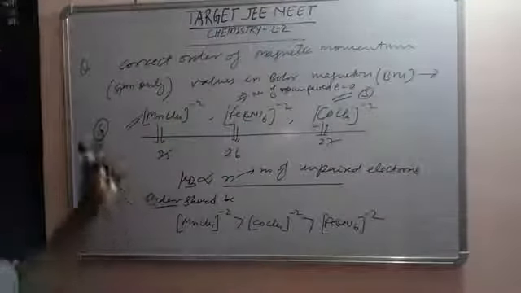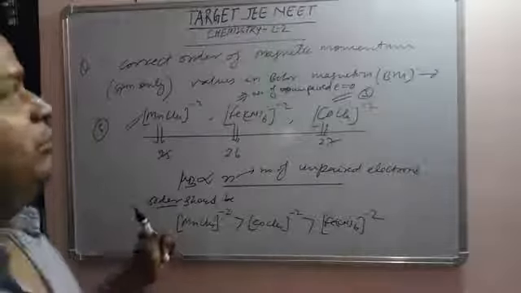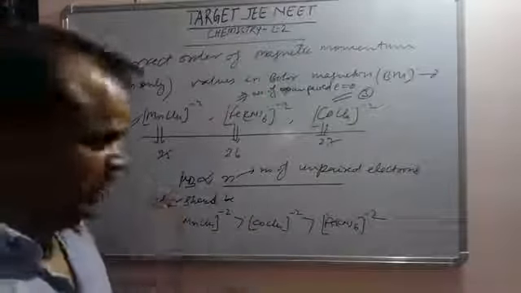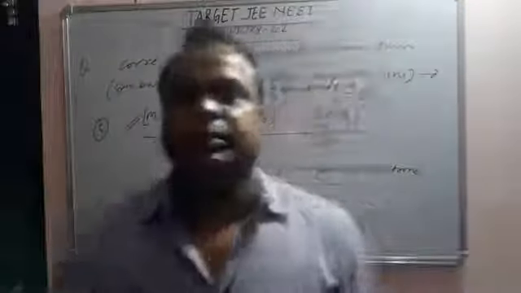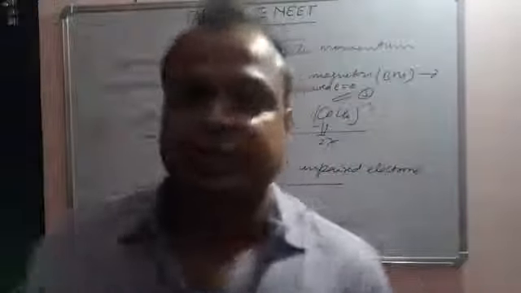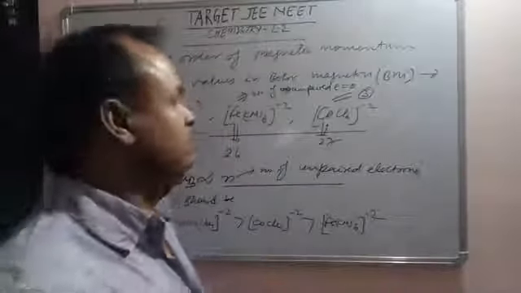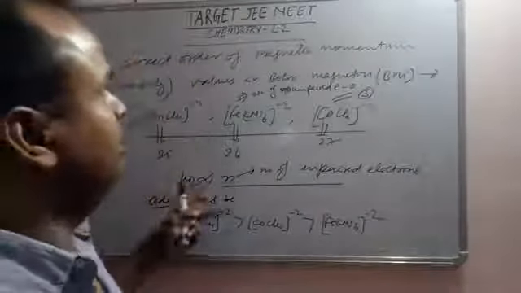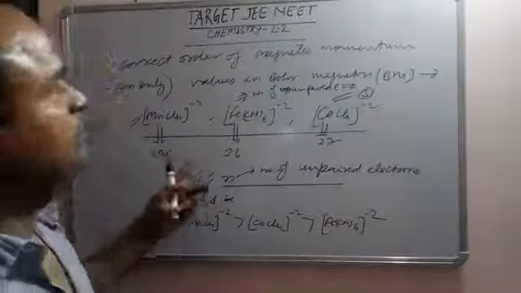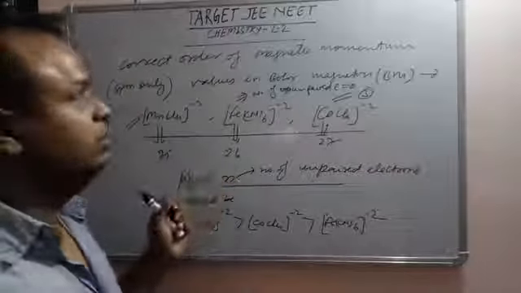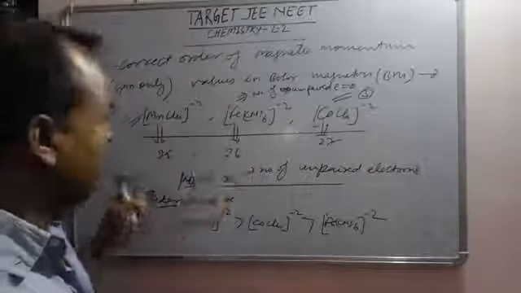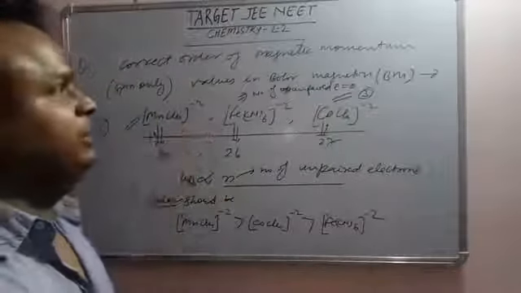Now by this you can easily find out which is diamagnetic and which is paramagnetic, and if you have a clear idea about diamagnetic and paramagnetic, you can find out whether it's showing color or not. So this is basically based on the concept of complex compounds. In complex compounds you read all these things, so you should have clear pictures.